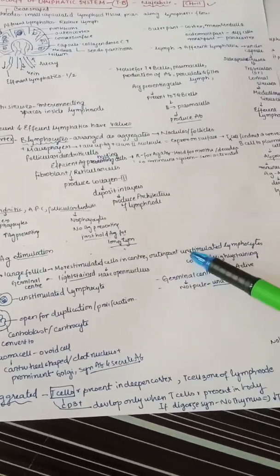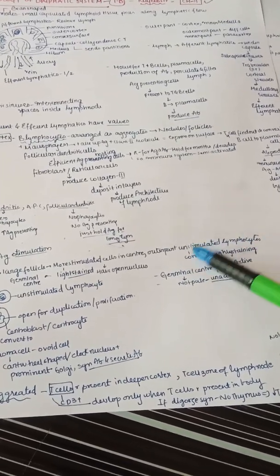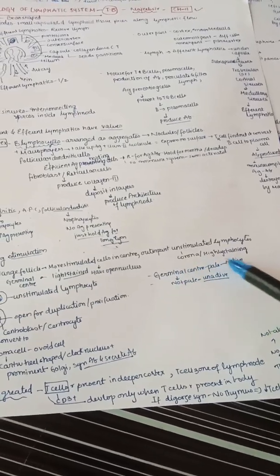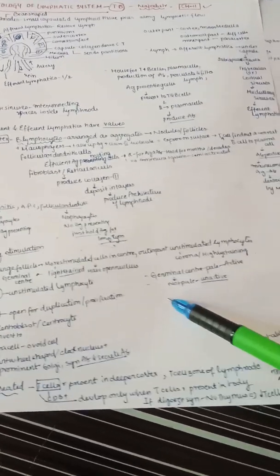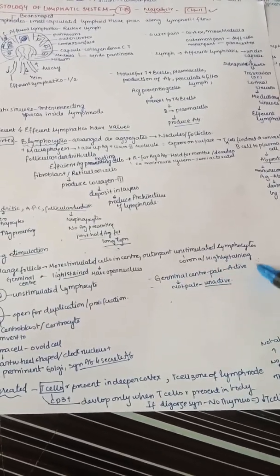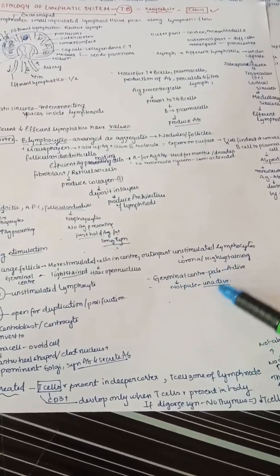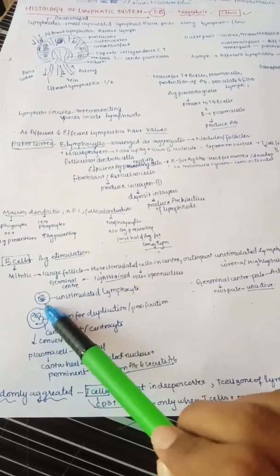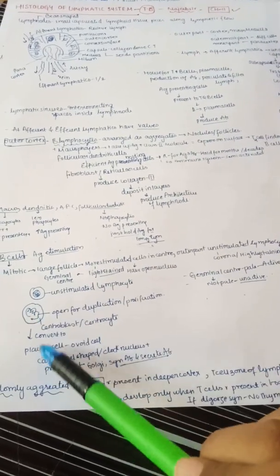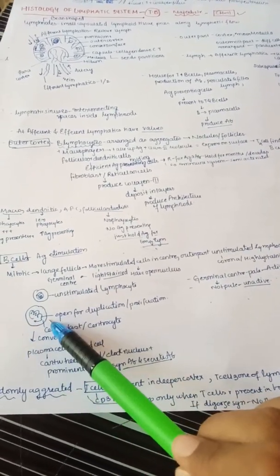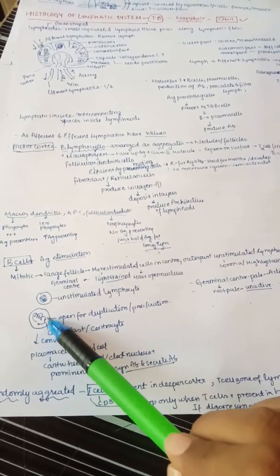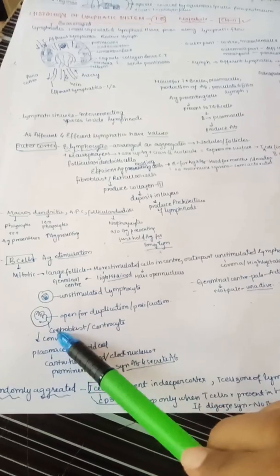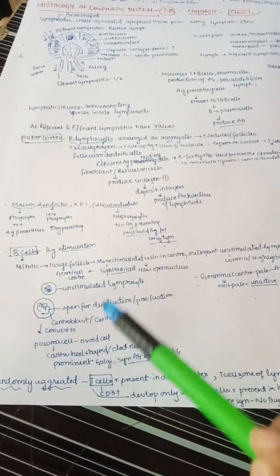The outer part is unstimulated, containing unstimulated lymphocytes, which is also known as the highly staining part. So if the germinal center is pale, then it is active, and if it is not pale, it is inactive. Let us see here, this is an unstimulated lymphocyte example, so it remains normal. But in the case of a stimulated lymphocyte, that is with the germinal center, you can see it is like this. It is open for duplication and proliferation. This is also known as centroblast or centrocyte.